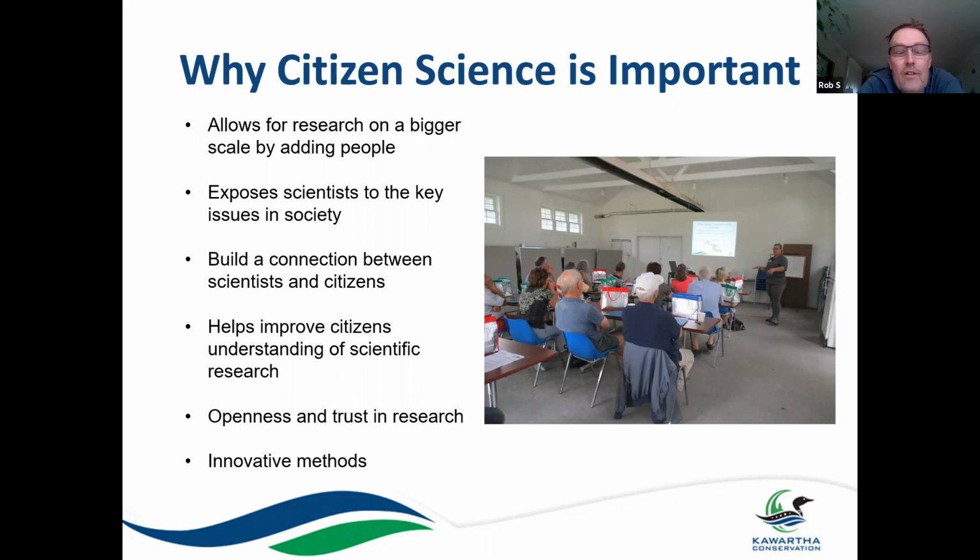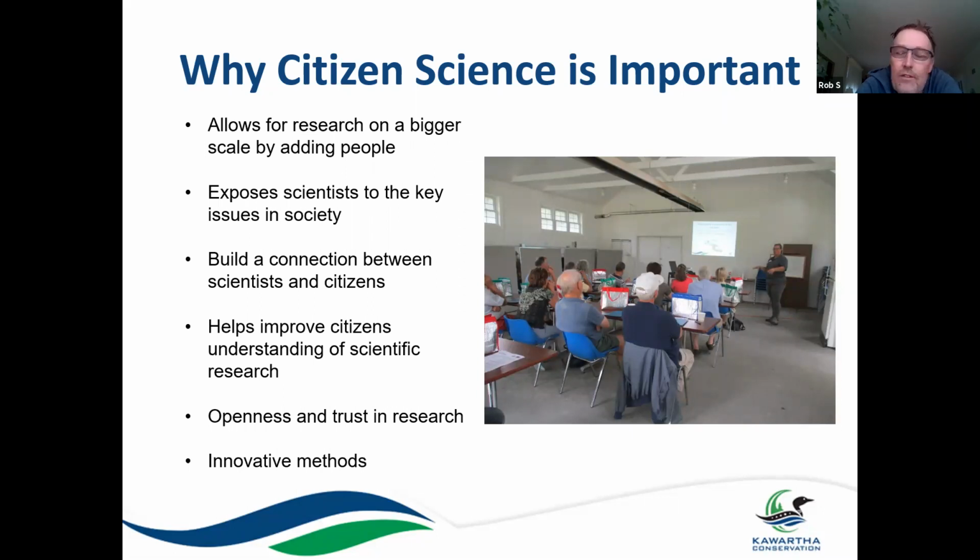And another reason that it's really important that citizen science takes place is it develops a level of trust between scientists and the general community, because the general public's getting exposed to what is scientific methodology, what the scientists are doing. They're part of the process, so they start to understand the science better, they can ask questions about the science, and through the whole process, they have a better understanding of how reports are generated and things like that.